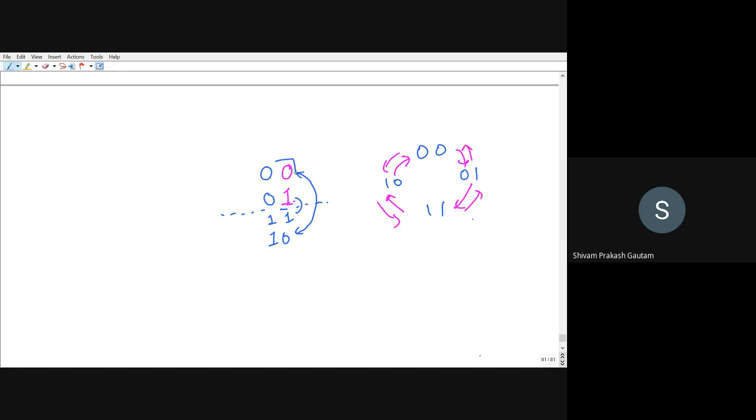That is, the last digit is a mirror image, right? Mirror image means when it is 1, so 1 is here, when 0, 0 is here, right? So this is regarding the 2-bit gray code. If you are having 3-bit gray code, just pay attention. If you are having a 3-bit gray code, then what will the condition become? So let me write the 2-bit gray code, which is clear right now.